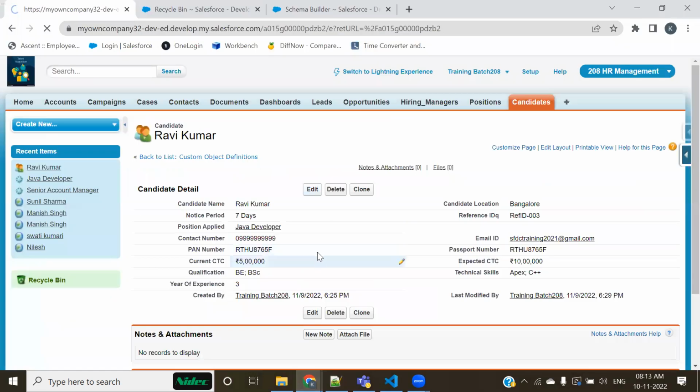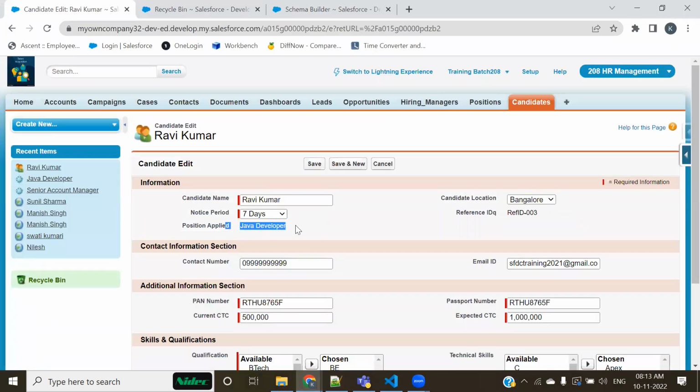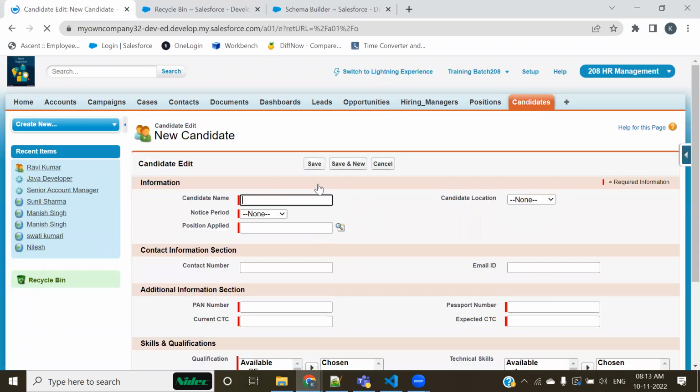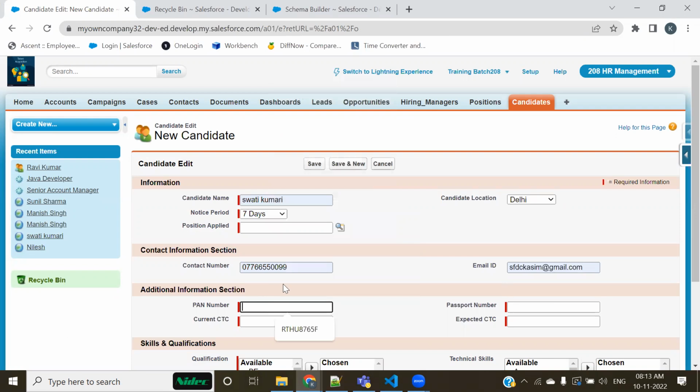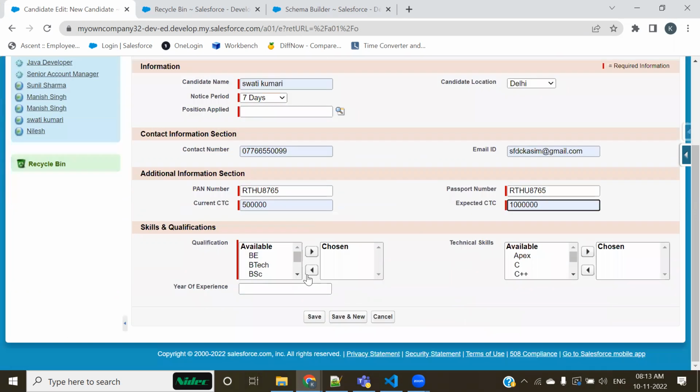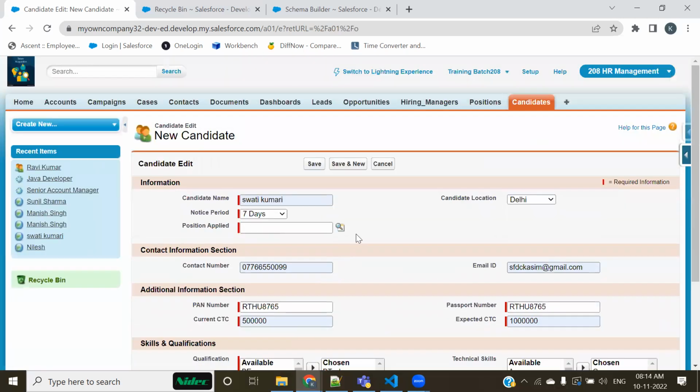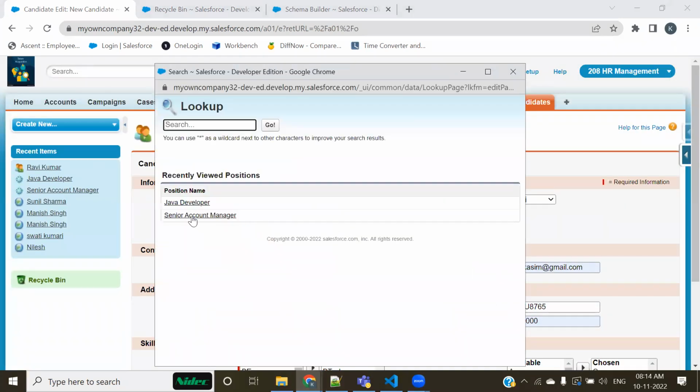See, the Ravi Kumar candidate is associated to Java at the time of creation of this record. When I am creating a record, at the time of creation, I have selected a parent.